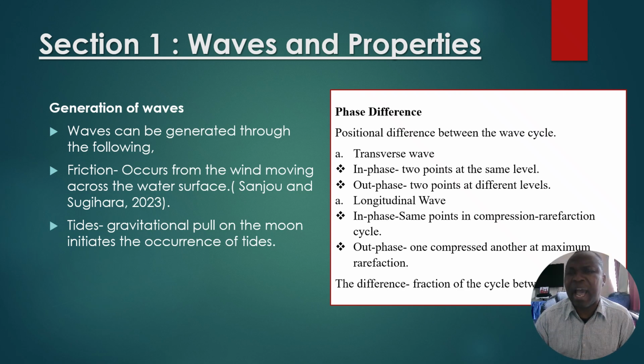This alignment leads to constructive interference, where waves combine effectively to create higher waves. On the other hand, out of phase means 2 points at different levels, which can cause destructive interference that lowers the wave intensity. Similarly, longitudinal waves, which have compressions and rarefactions,